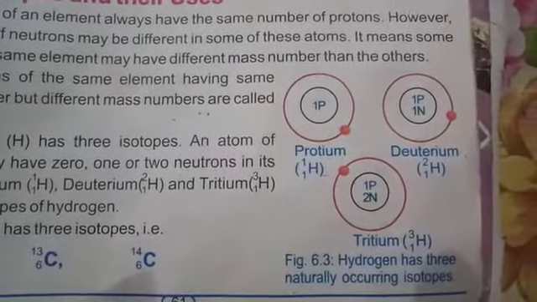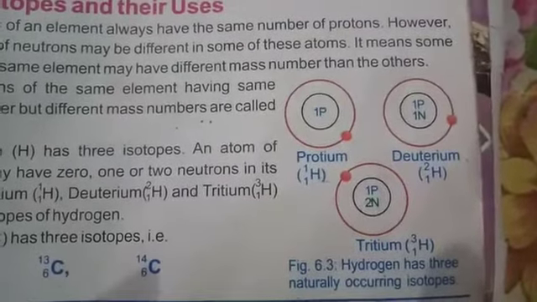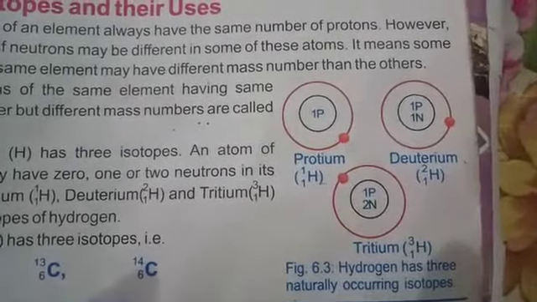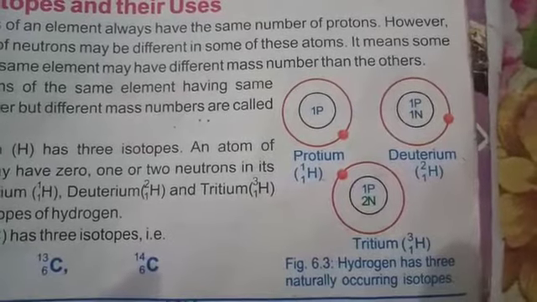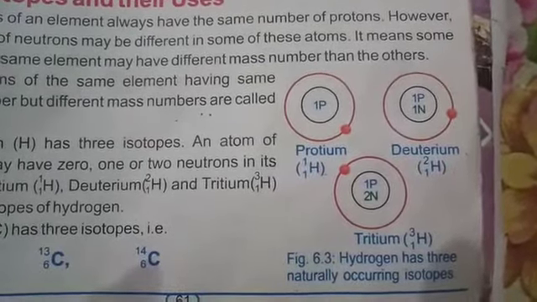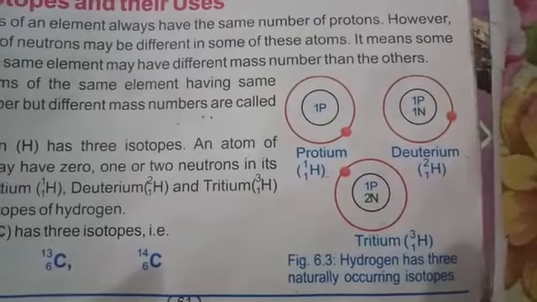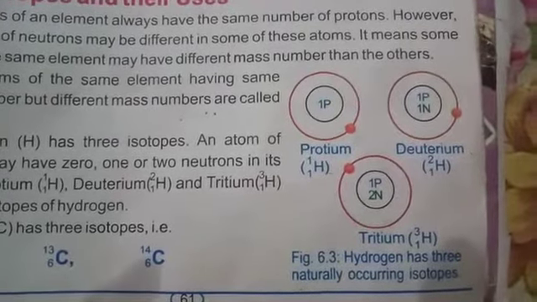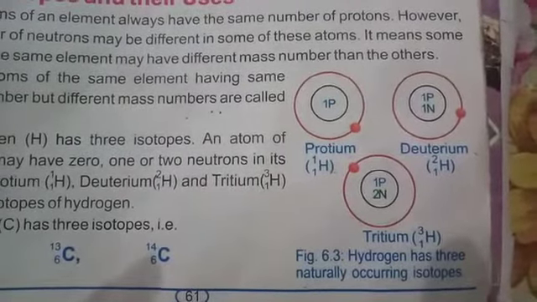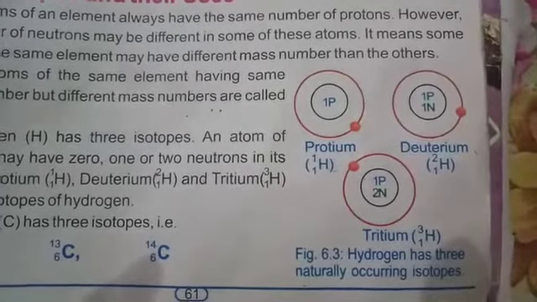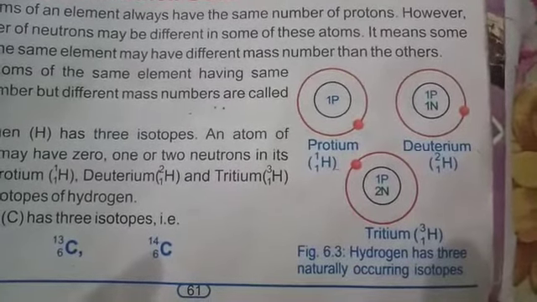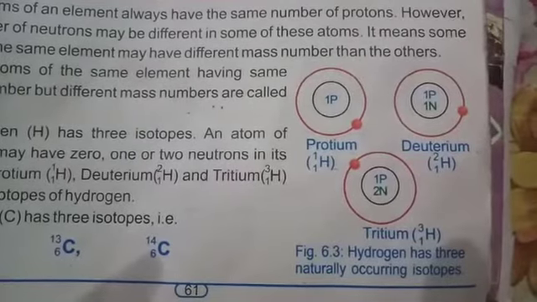Here hydrogen atoms are given. All of these hydrogen atoms have 1 proton in the nucleus, and this is the atomic number, or the identification number, of the hydrogen atom. And we have studied that the number of protons and electrons in atoms are equal. So all hydrogen atoms also have 1 electron in their shell,